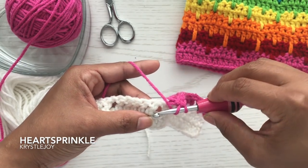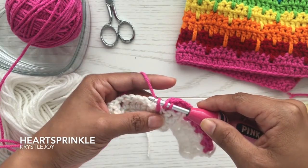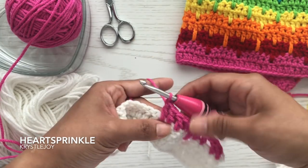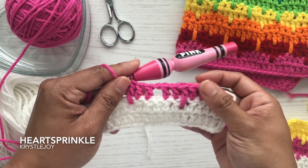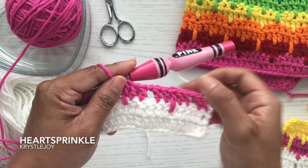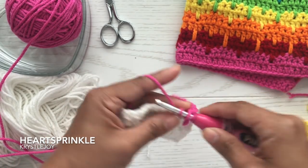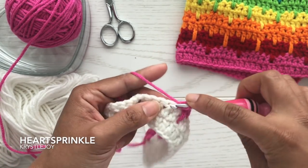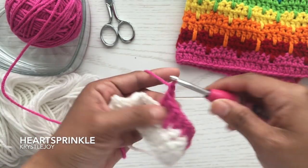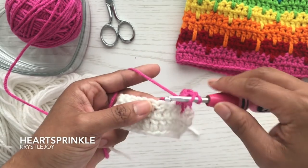So yarn over, insert hook into the back loop, yarn over, pull through, yarn over, pull through 2, yarn over, pull through 2. So the series is 2 double crochet, a spike, 2 double crochet. Okay, now we're going to do the 2 double crochets to the next 2. 1, 2, chain 1, 2 double, skip this one, 2 double crochets,